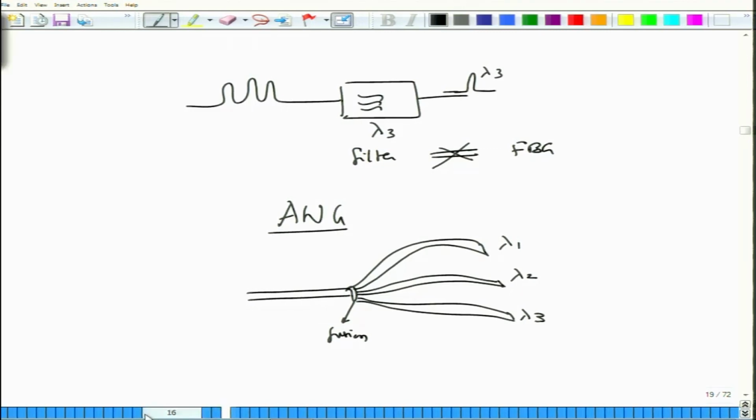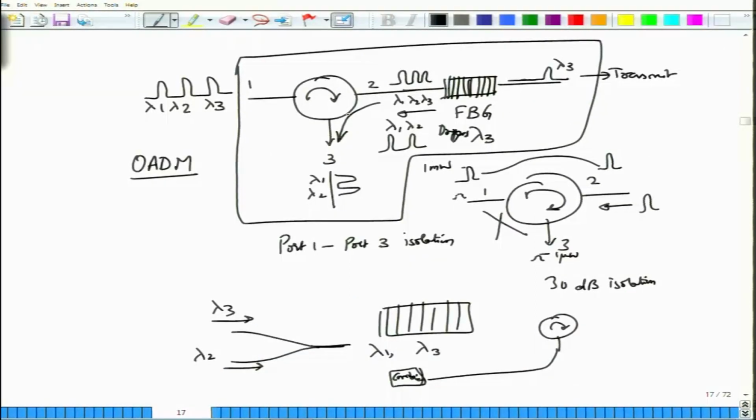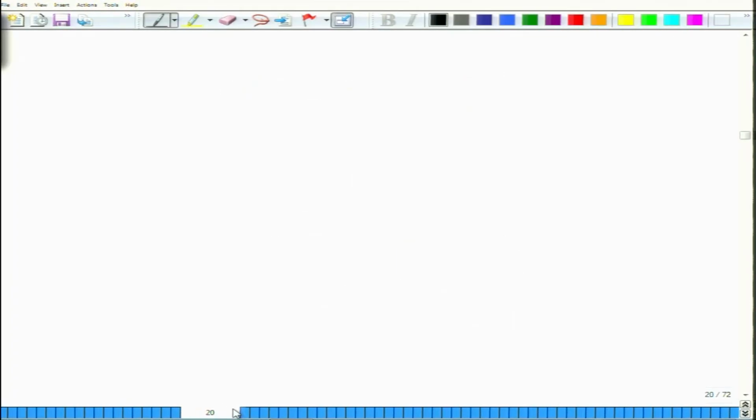We of course have seen couplers, which will be very important. Couplers can be made to work as splitters or they can be made to work as combiners. They are passive and bidirectional, meaning it does not matter which way you put them together. And we have seen circulators, we have seen fiber Bragg gratings. There is another WDM device, which is actually a grating itself, called a long period grating.